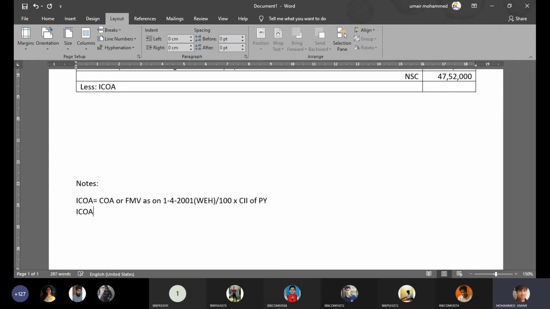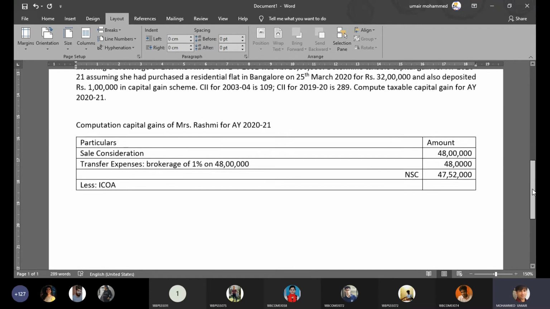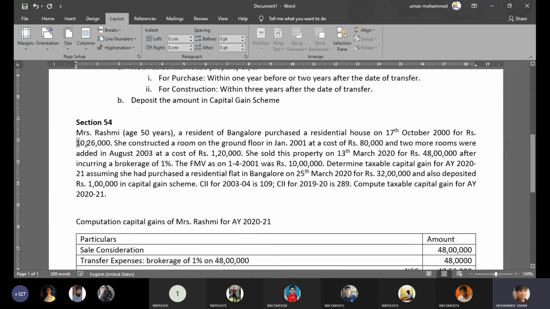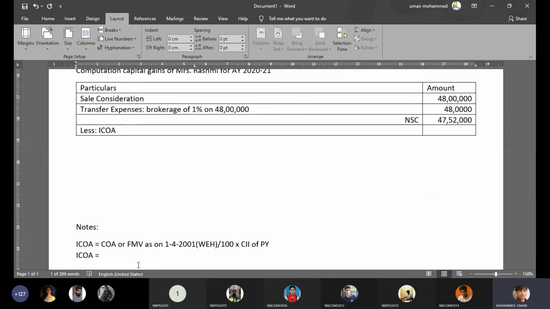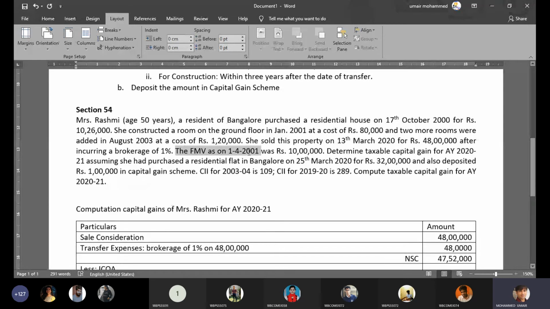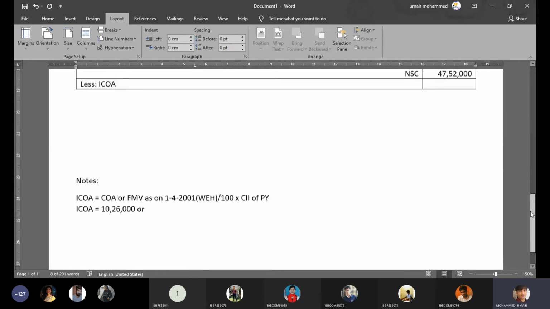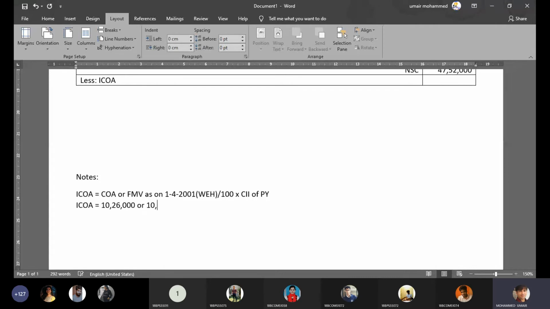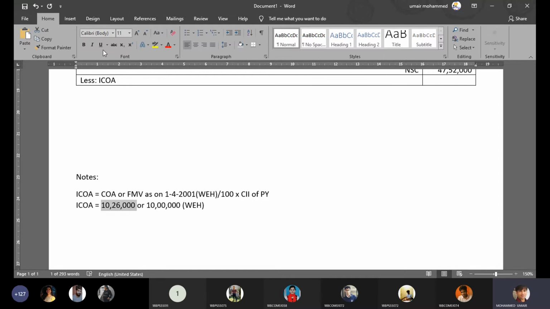So ICOA is equal to, what is the cost of acquisition of the house? The house was acquired on 17th October for 10,26,000. So that's the cost of acquisition. And what is the fair market value? The fair market value of the house on 1st April 2001 was rupees 10 lakhs. So let's write down the fair market value of the house now. And now we take whichever is high. Obviously, 10,26,000 will be higher. So we take this